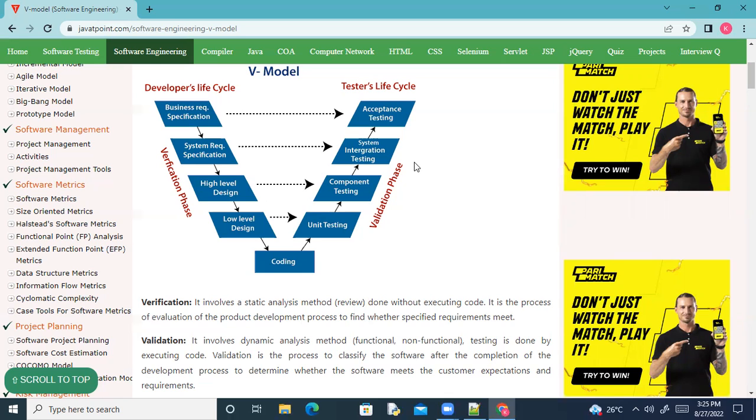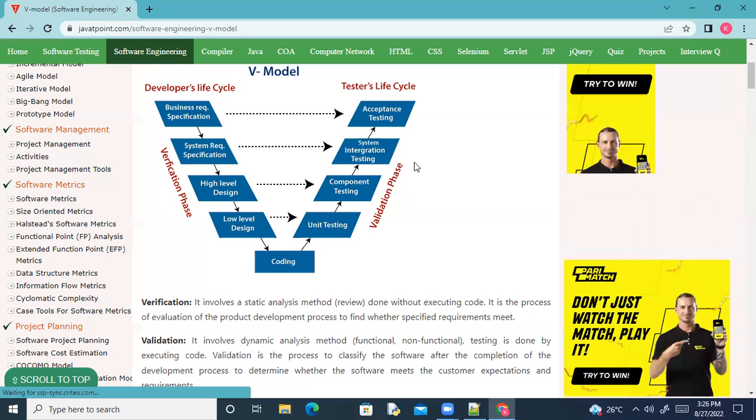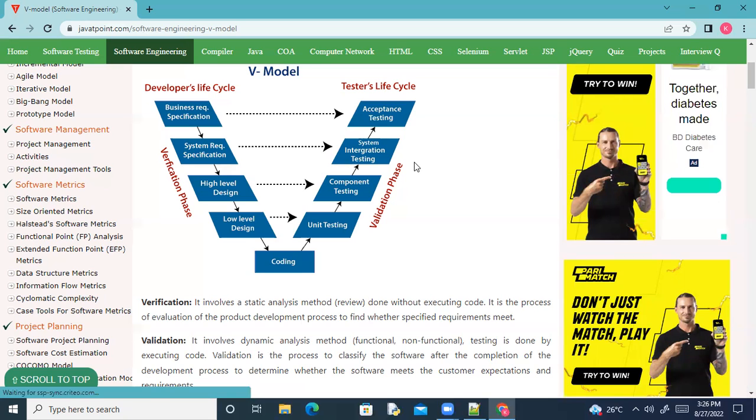After performing that, we perform the unit integration testing. We combine all the functional modules and test them. The functionality defined between the two modules will be tested in this particular phase. I have developed one module and tested it as a developer, and one more module